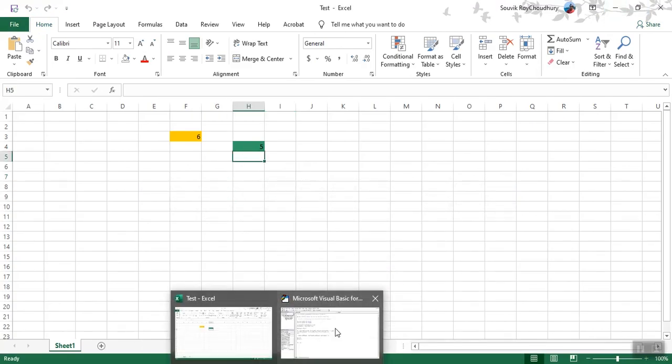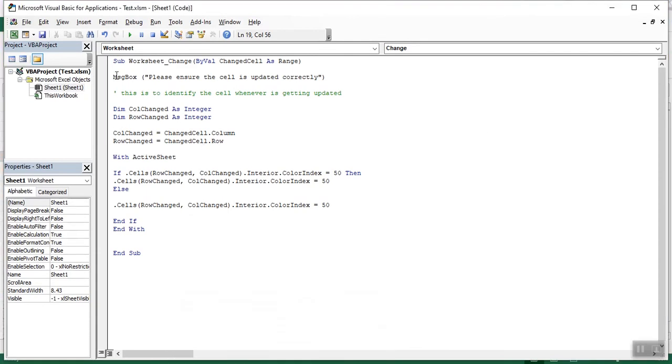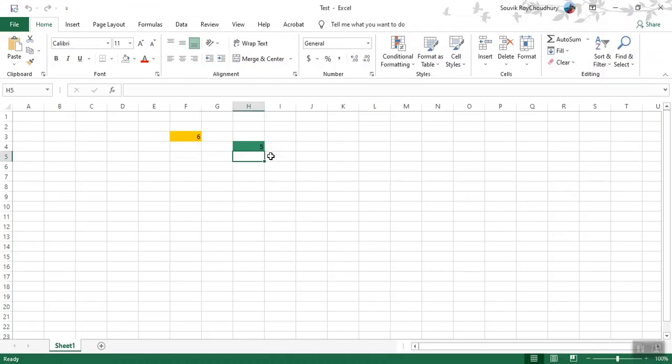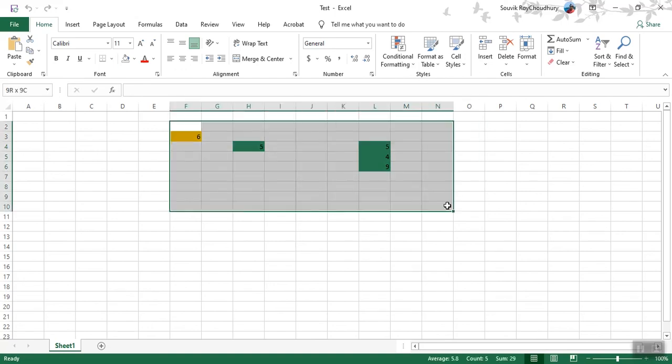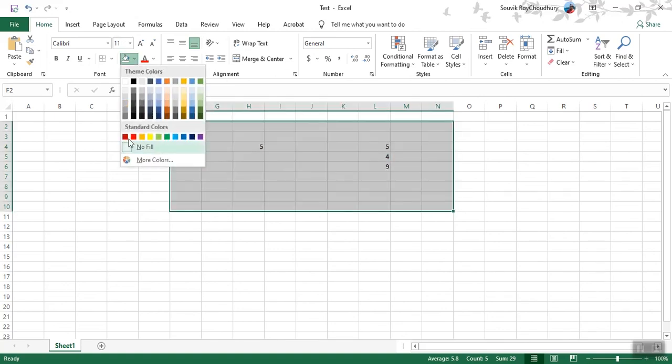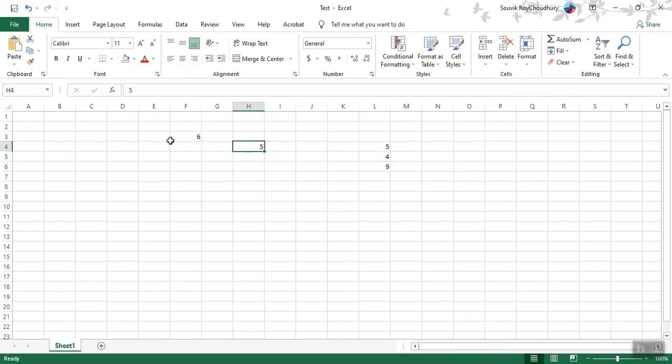If you don't want your message box to be printed, let's delete this one and save this. See, whatever you change, it's changed everything now. If you want to remove this, you need to remove it manually. After using this, with no fill, it will automatically remove.